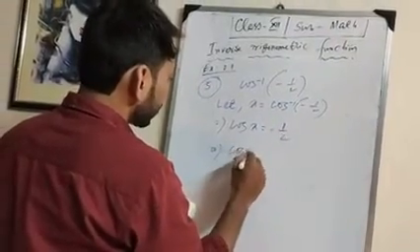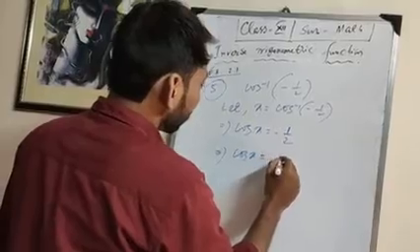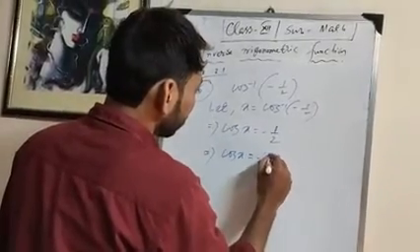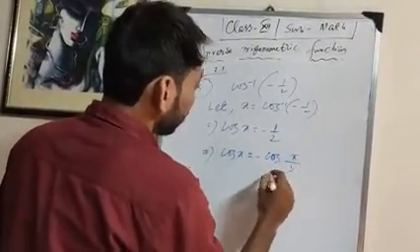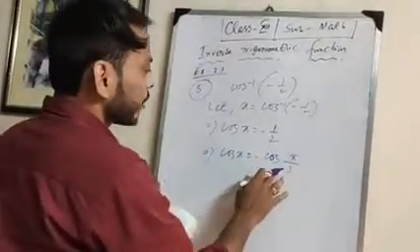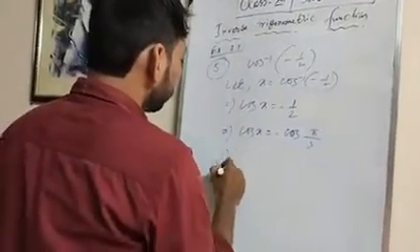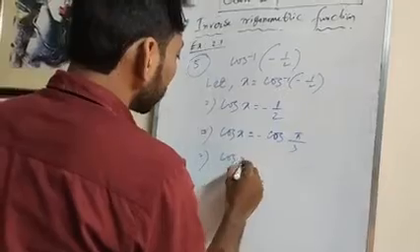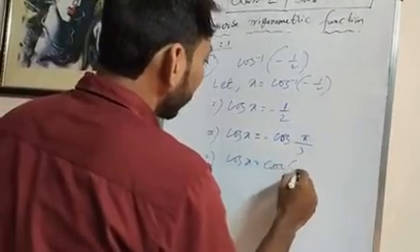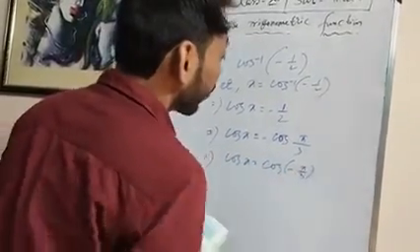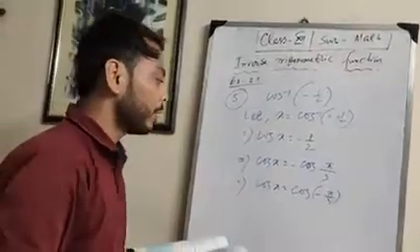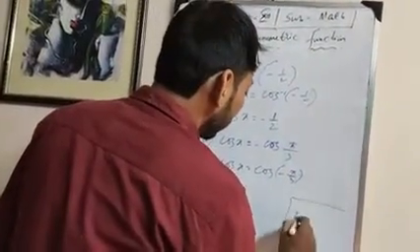That means cos x equals minus cos pi by 3, that is cos 60 degrees. Now, if I write here cos x equals cos of minus pi by 3, then a problem arises here. What is the problem? You know that the cos inverse x,